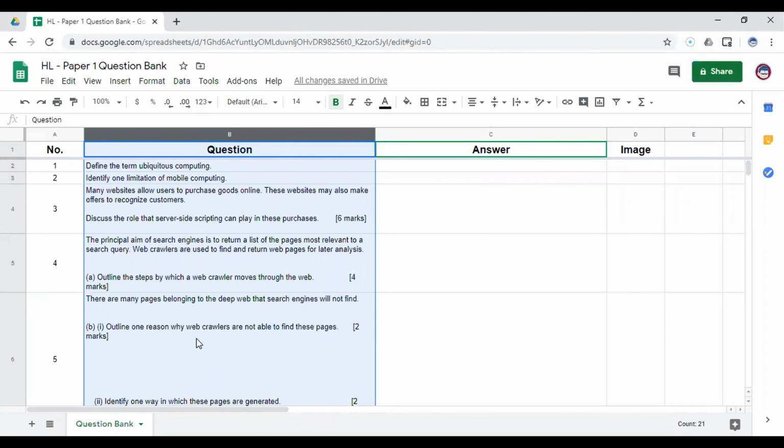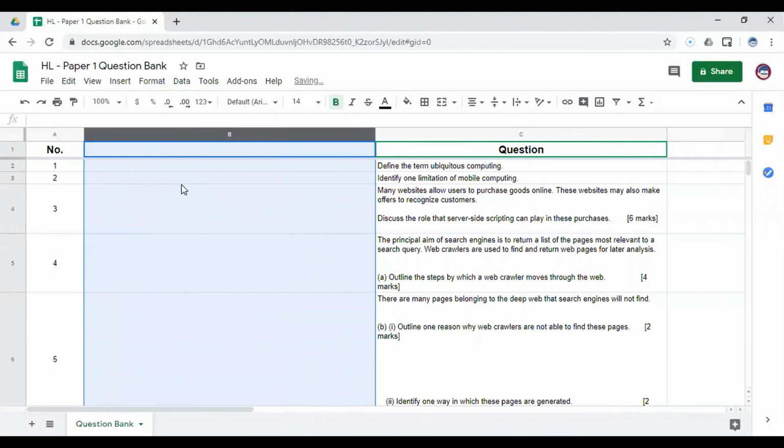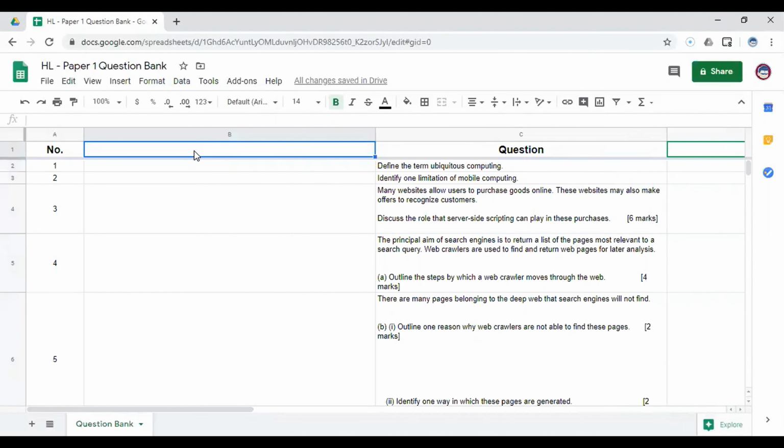Today I will show you how to set up your question bank in Google Sheets. Okay, and the next step is to generate random numbers for each question. To do that, we will add one column to the left. Okay, and this is your